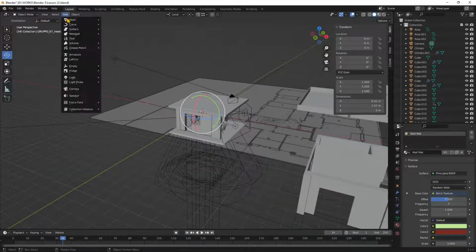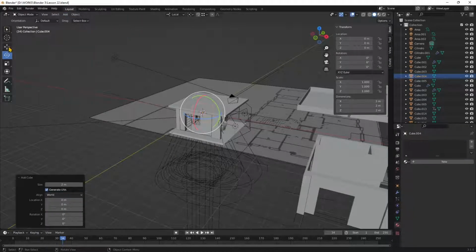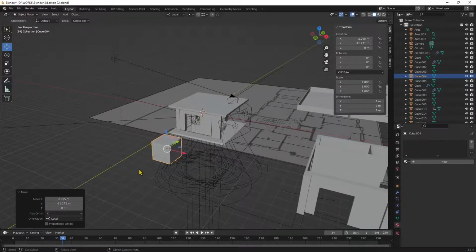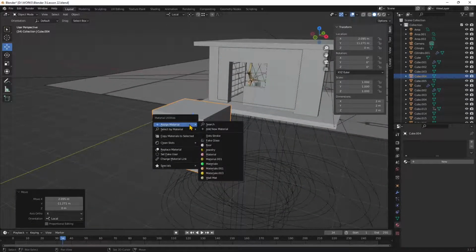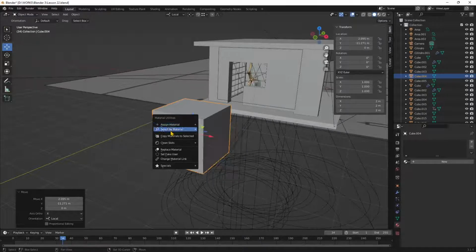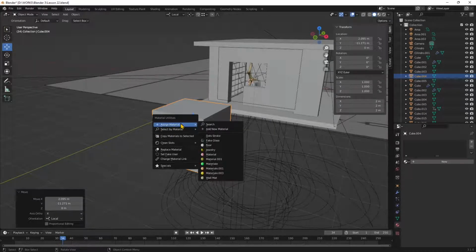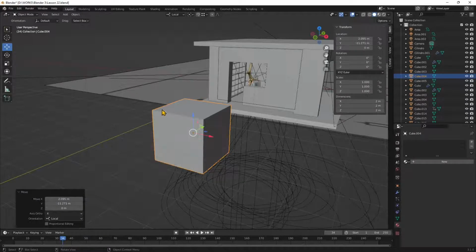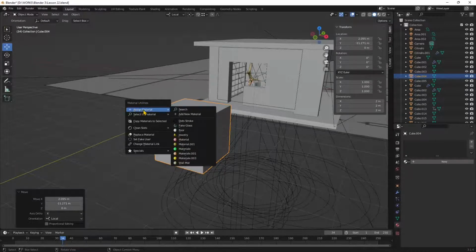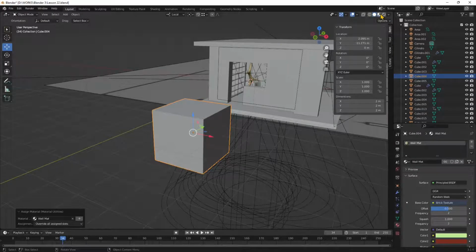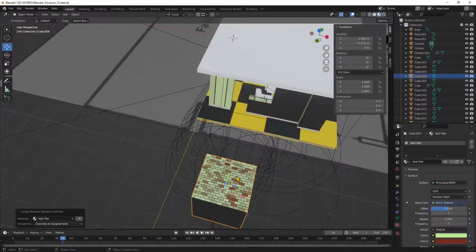So if I add, for example, a new cube here, move it right here and apply the same material, we saw another menu which is available by pressing Shift Q. This is called Material Utilities, and it's an add-on which we activated in the previous video. From here I can assign a ready-made material, which is going to be again our wall material. You can see that here it's projected in the correct way, but if I move